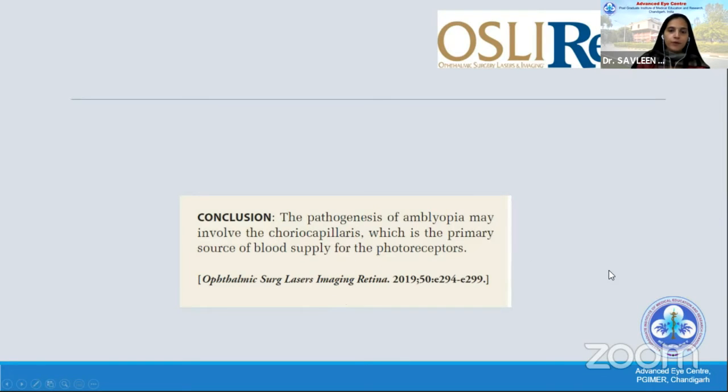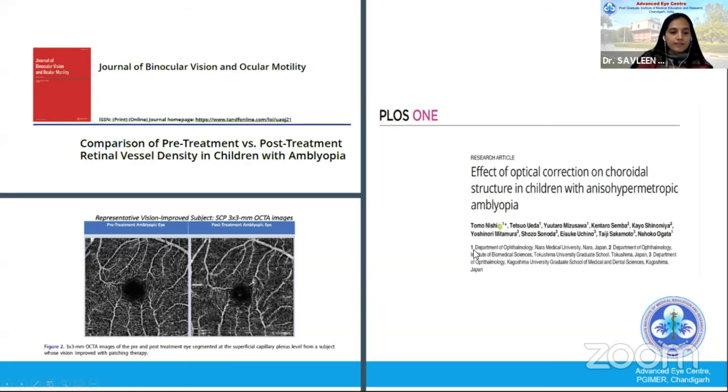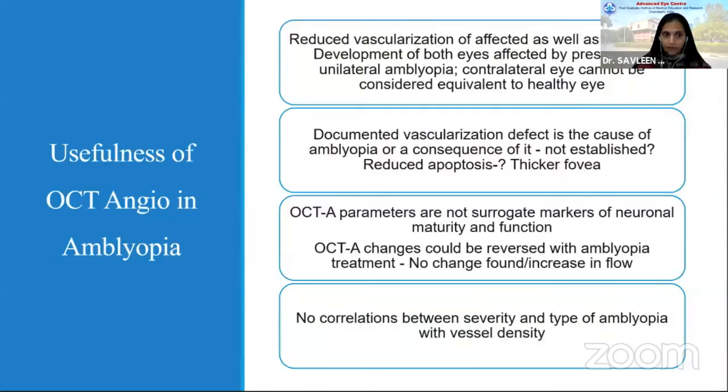the pathogenesis of amblyopia. Few studies talked about pre-treatment and post-treatment differences also on OCTA, because we have documented a decrease in vascularity. One study said that it did not change, and one said that after patching, the vessel density seemed to increase. So this reversal also kind of was corroborating with the finding that maybe it is the pathogenesis of amblyopia involving the retina and the choroid. Again, we have just 2 studies and we still need larger number of patients to prove this point.